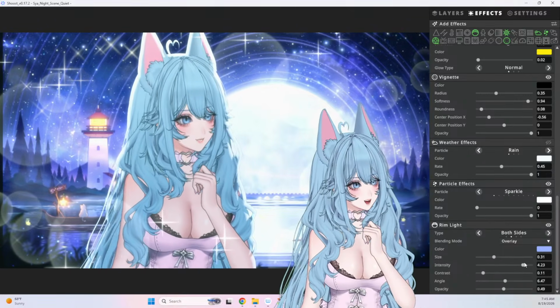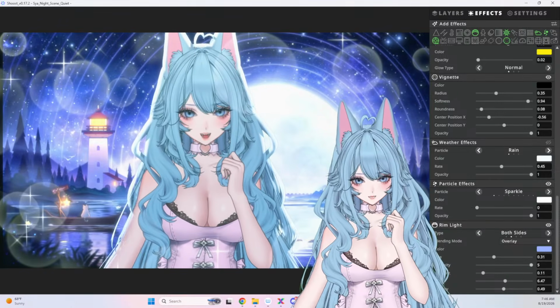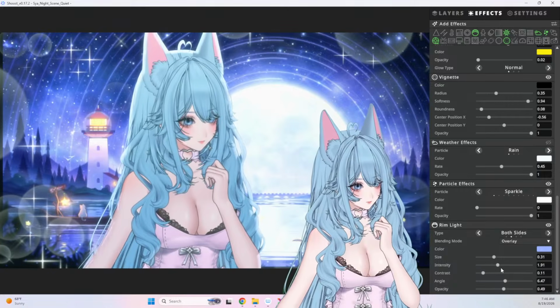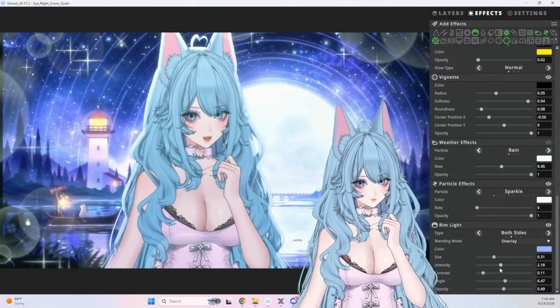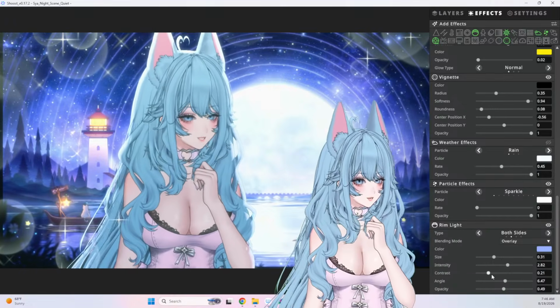Okay, so the intensity is how strong it is. So here's full intensity, here's less. Let's do, I think the moon is pretty close, so we'll get relatively intense. Contrast is like,